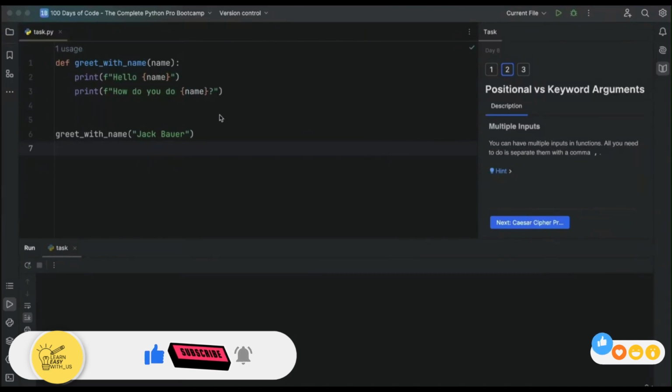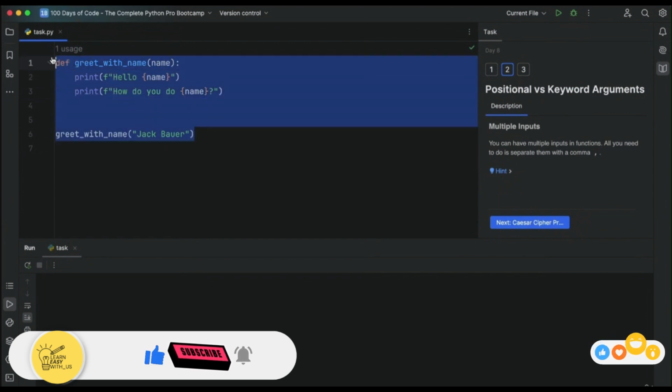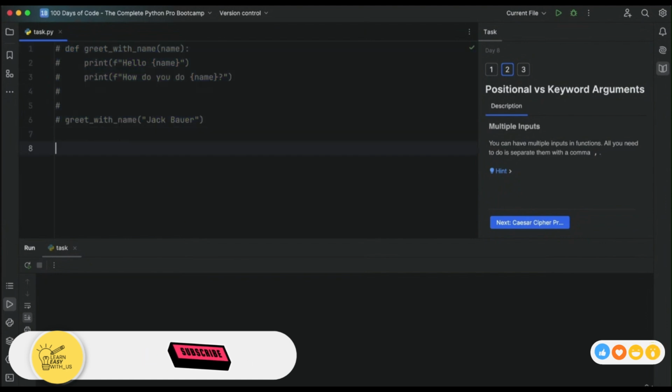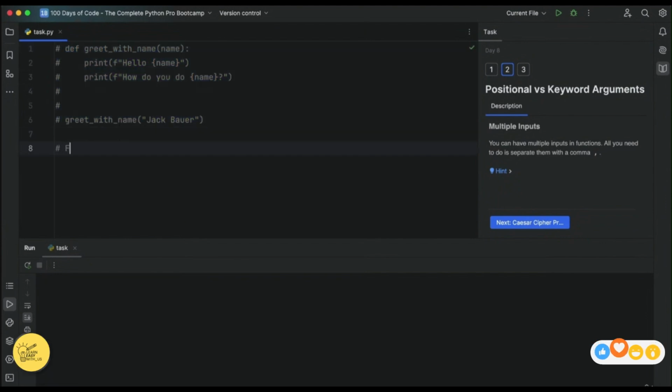In the last lesson, we saw a very simple form of a function that allows for an input. Now, in this lesson, I want to take it even further, and I want to create a function that allows for multiple inputs. So let's comment out the previous line of code, and let's create a new comment, functions with more than one input,